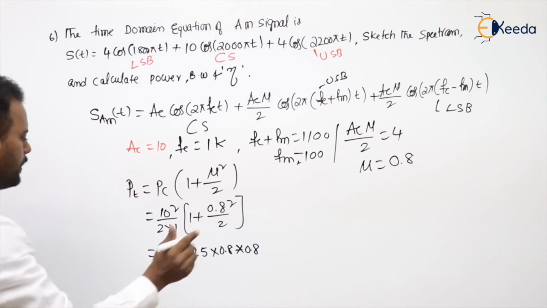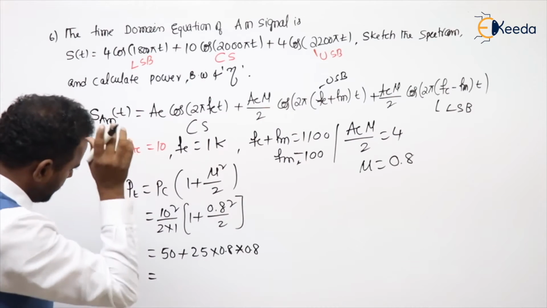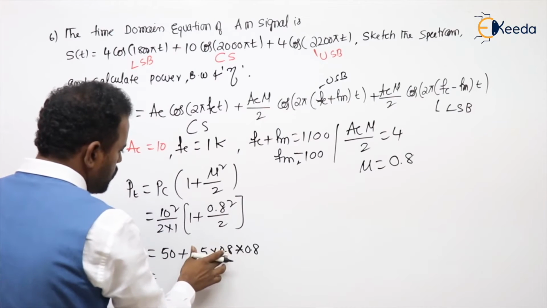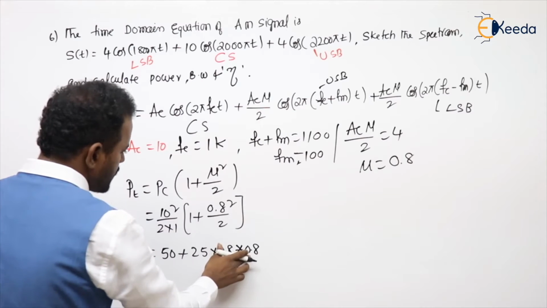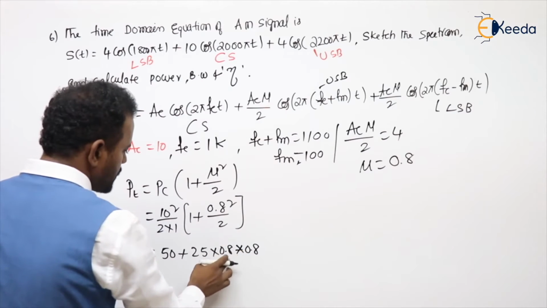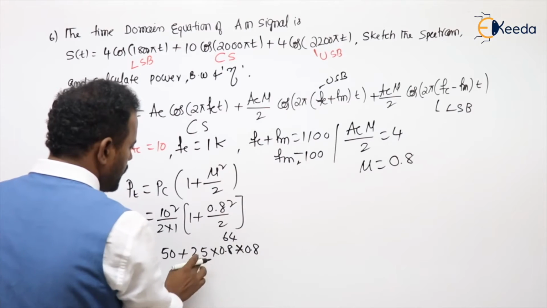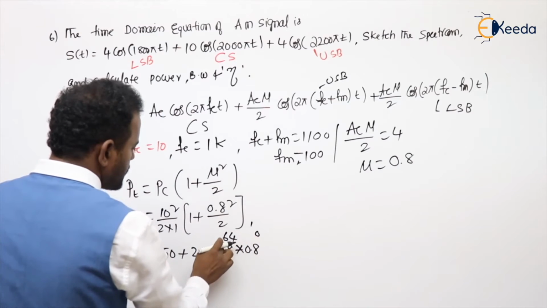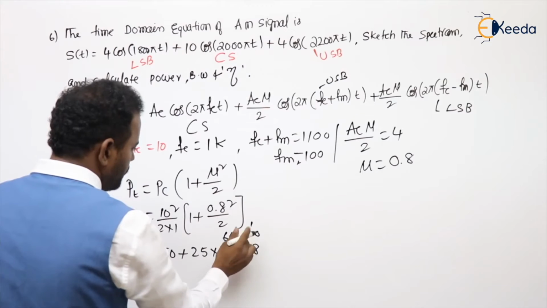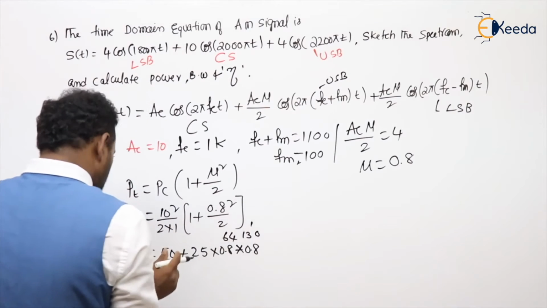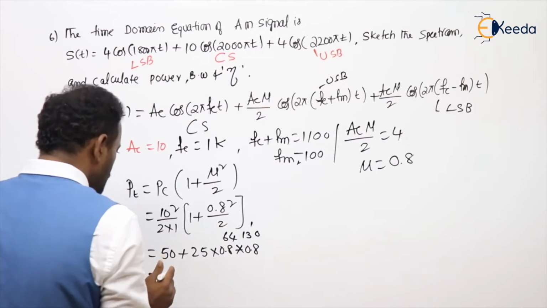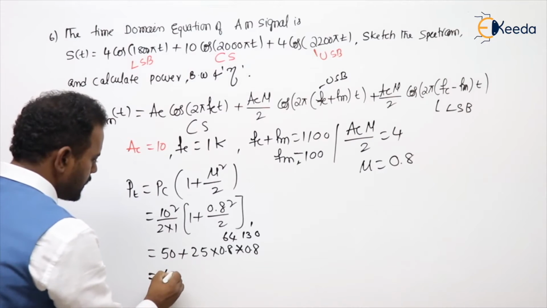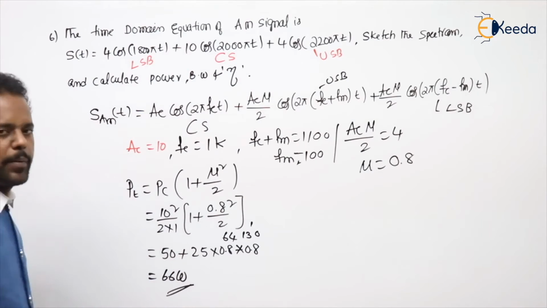Are you getting my point or not? Then if you calculate, you will get 25 into 0.8 into 0.8, that is 0.64. So 0.64 means 64 into 25. 25 fours are 100. Are you getting my point? 6 fives are 125, 135. Then obviously 2 zeros are gone, 13. So approximately you will get 66 watts. Are you getting my point? Now